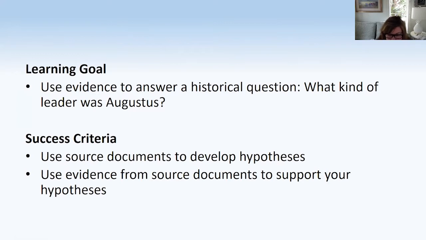And in this particular lesson, the students for the first part of the lesson were given a map of the Roman Empire at the time of Augustus, and they were given a facsimile of coins from the time of Augustus. So these sources, and the next criterion was to use evidence from source documents to support your hypotheses. So basically looking at these two evidentiary sources, develop a hypothesis based on your reasoning, and then use evidence to support that. So let's hand it over to Charlie.